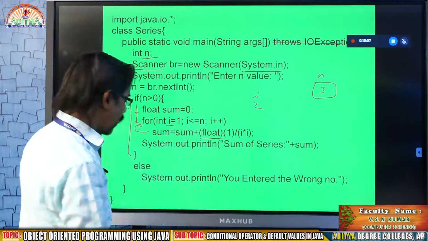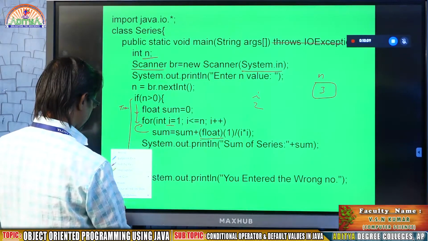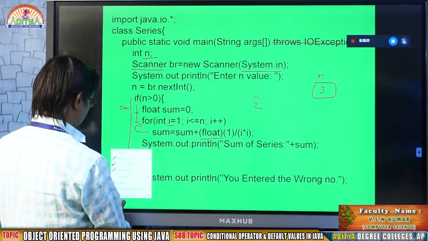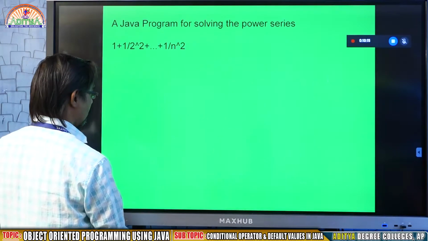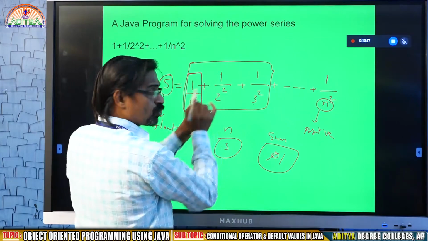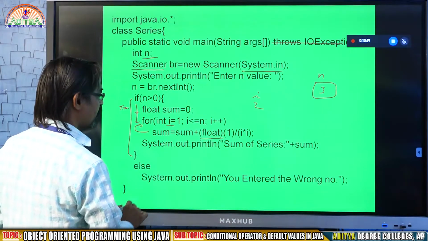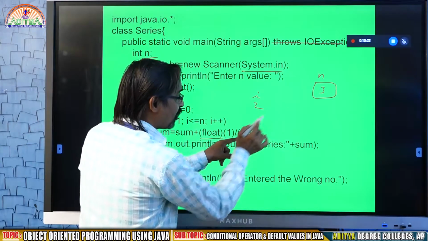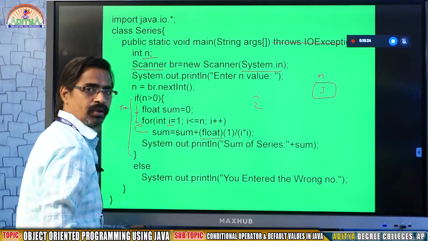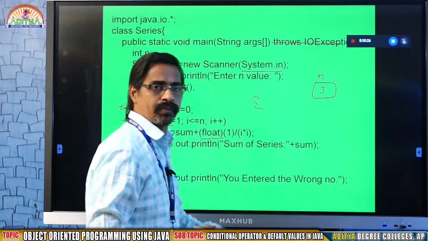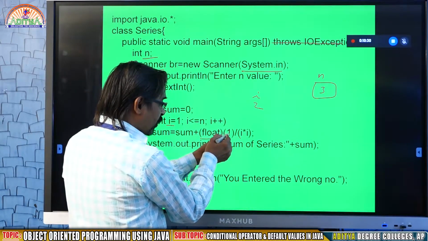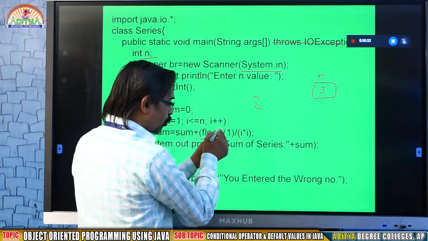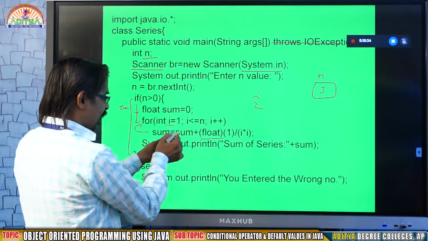Now come down, what do I have to calculate? 1 by 2 square. So here, i value is already 2, 2 square means 4, 1 by 4 is 0.25. Here 1 will be float, that is float by 2 square 4, and you get the answer.